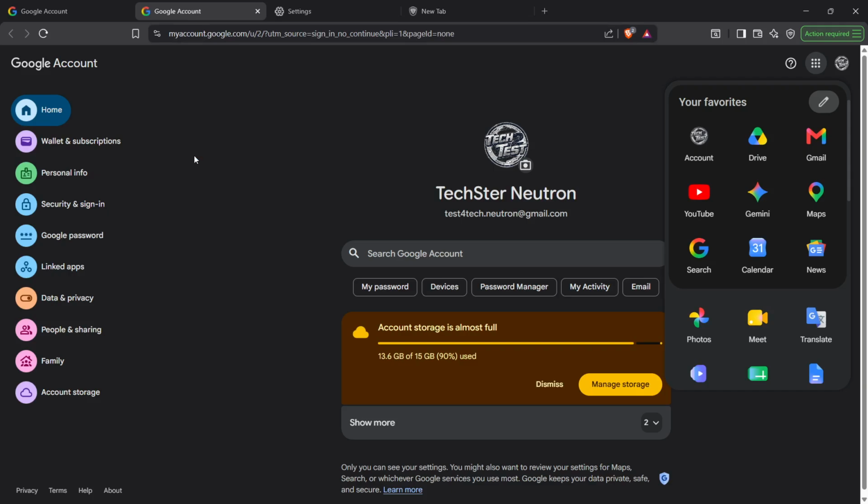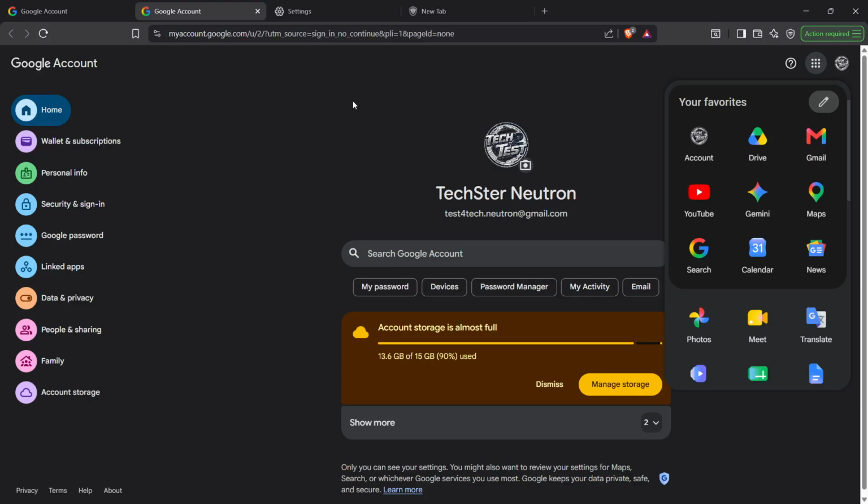Next, go to the Google Accounts page by typing in the web address. The link is accounts.google.com. Press the Enter key and the page will load, showing you the sign-in options for your Google accounts. This page is where you can manage multiple accounts, sign in or out, and make changes. It's important to navigate here because the settings for managing your account are centralized.